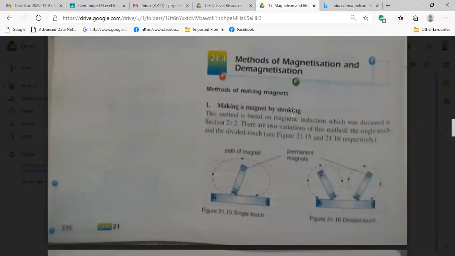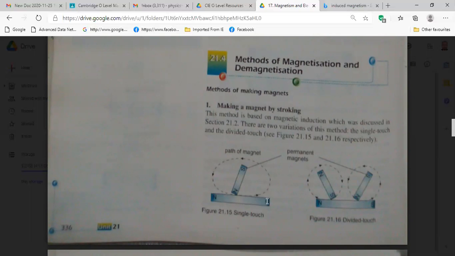Stroking is happening due to friction, right? Yes. You see, we have one permanent magnet here, and one magnetic material, especially this is a steel one, right? So if we do this friction on the steel bar in one direction again and again, then the steel bar becomes magnetized, and this magnetized steel bar will show its magnetism for a long period of time. That's why we say permanent magnet, right?